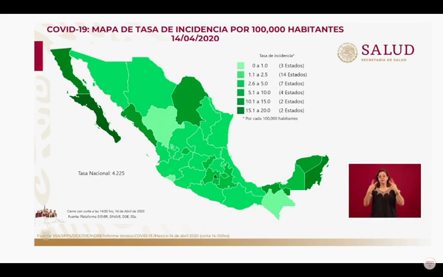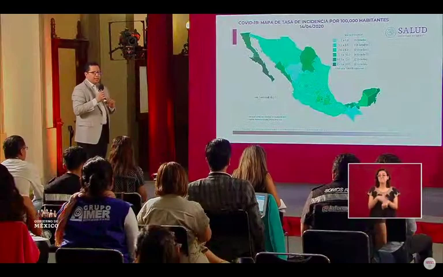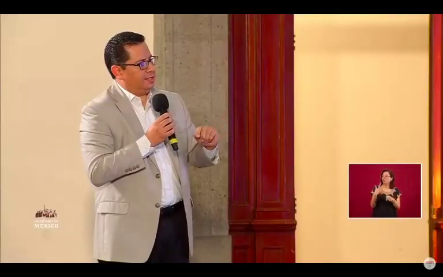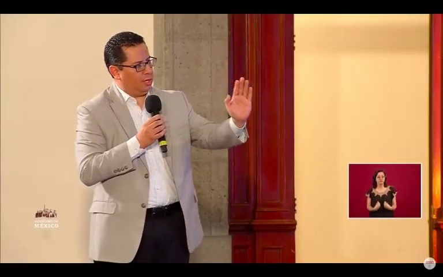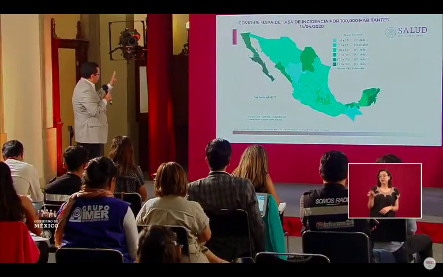So here we can actually take a look at a comparison between the population within each state and the number of cases. And here we can say that the states that appear represented in darker green have a higher population, or they're being more affected by the contagion of this disease, but taking into account the population ratio. So this is what we call the accumulated incidence rate. And we can take a look how